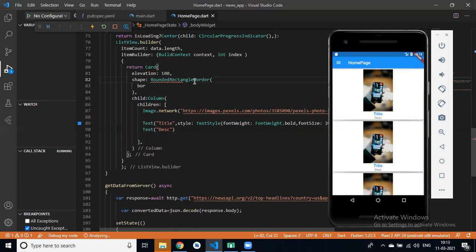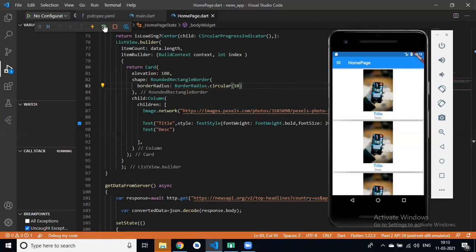We have border radius dot circular. If I pass 10 in the circular border radius,